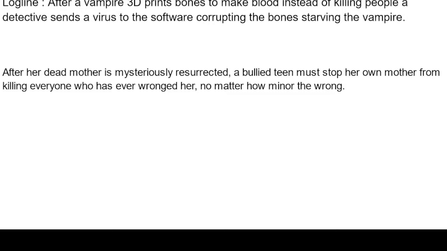But if you want to pursue this as a feature, I would try to pare down and simplify as much as possible. We don't want to have multiple inciting incidents. We want to have one incident that everything is tied to, and then what we're watching is a series of ramifications of that. So that would probably be mom is not a killer until the bullies strike,